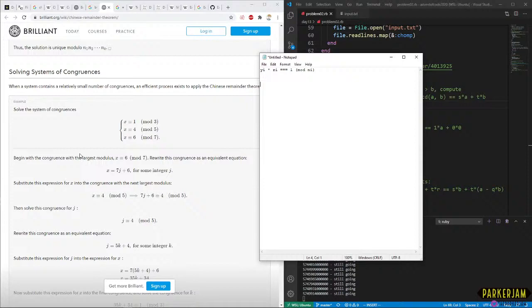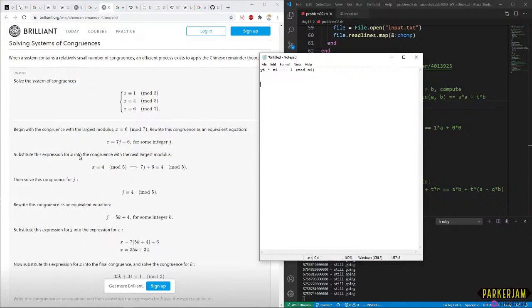Now that I've read through that, maybe going through the solving section will make more sense to me. Okay, so we have mod 3 with a 1, mod 5 with a 4, mod 7 with a 6. Begin with the largest. Let's just follow through step by step, I guess.